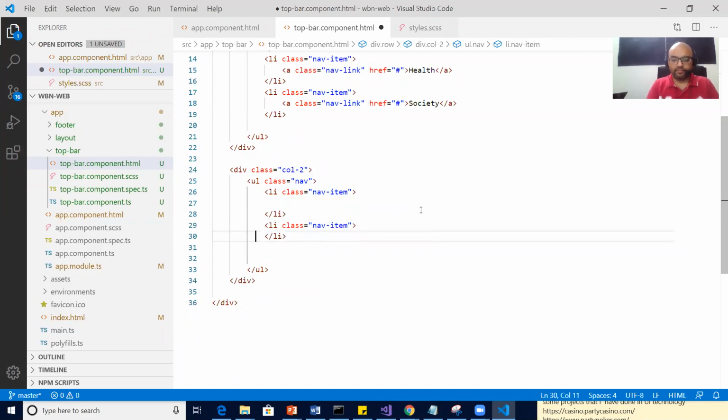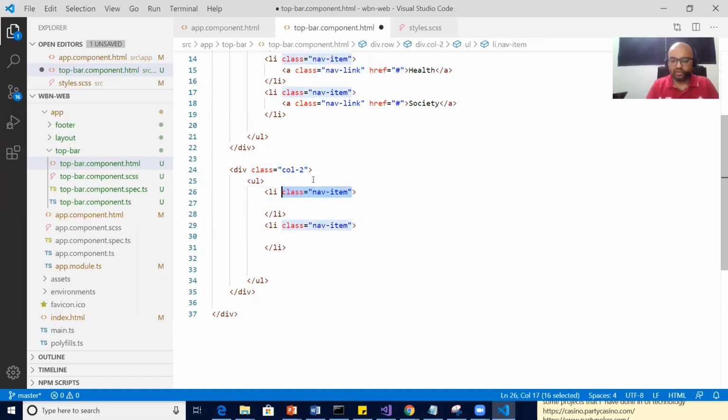Why did I put UL LI? Because I need multiple items. And why did I take this nav and nav-item class? Because I wanted it in horizontal. So the classes are already there, and I just make use of them. But I'll show you, after this, how you can make your own horizontal UL LI also. First of all, let me just show you what I'm talking about.